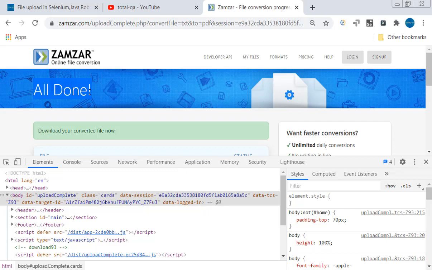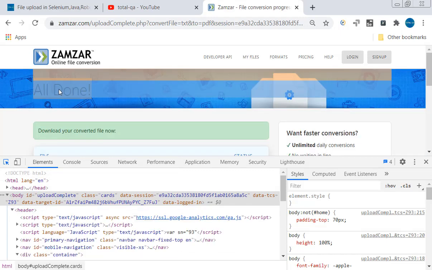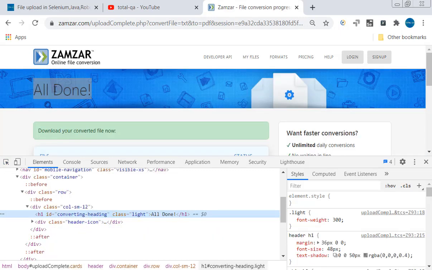Now we are going to put a wait conditional statement on this text to wait for some time and identify this text. So identify the properties of this text. Now place a mouse over on this. Okay, we get to know the text is between H1 tags. H1 is mainly for heading in HTML. So we can use the tag name H1 to retrieve the text here. Okay, so let's write the logic.